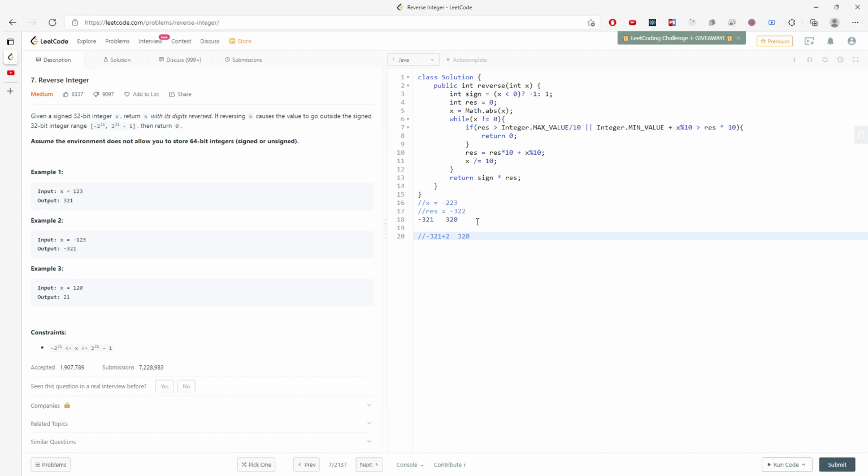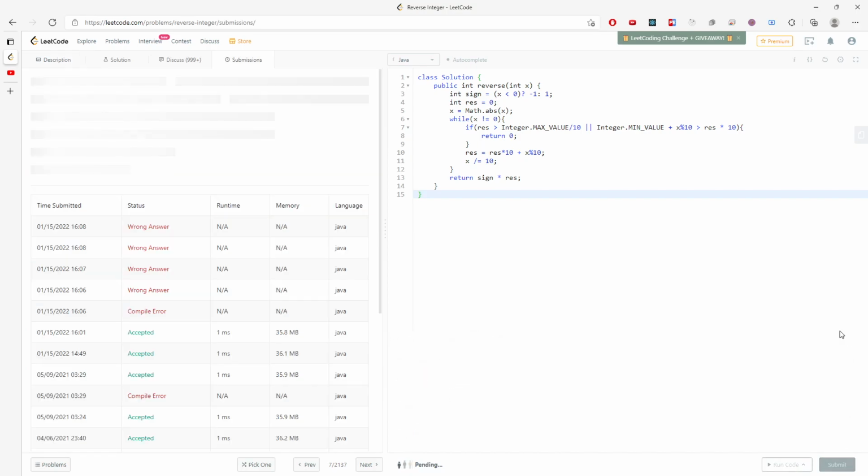If that is greater, you return false, which is 0, and this is correct. This is the hardest scenario you have to deal with, and other than that, it should be easy. Let me just run it,